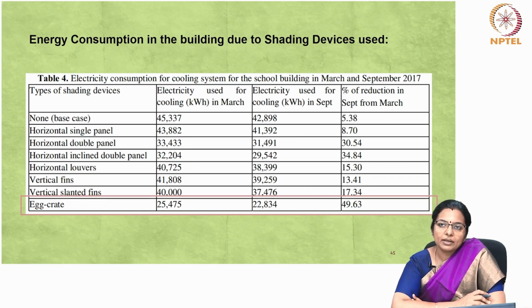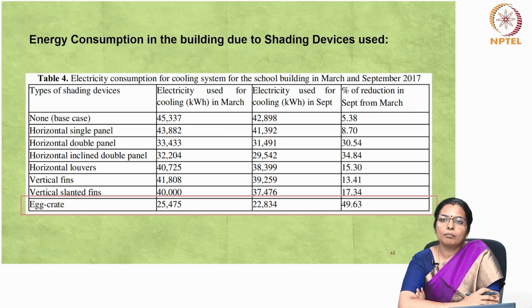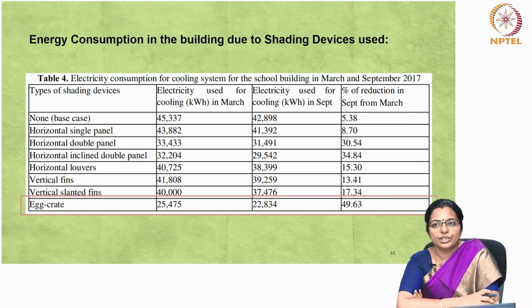In September, the egg crate shading device remains the most efficient, achieving a 49.63% reduction in cooling energy consumption compared to the March baseline without shading. Conversely, the horizontal single panel shading device exhibits the lowest effectiveness, reducing cooling energy consumption only by 8% compared to